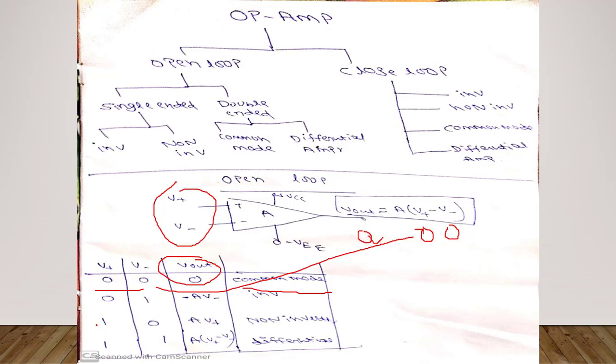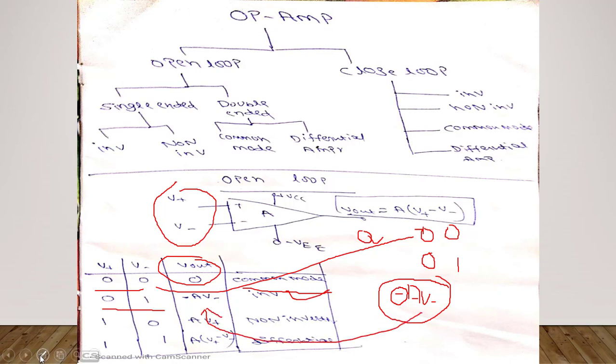Now go with the second condition. What is this second condition? V plus is 0, V minus is 1. What happens here? V plus is 0, V minus is 1 means A into V minus into 1. So what I am getting is A into minus V minus. Yes or no? So minus of A, V minus. This is called the negative indication of inverting operation. So we are calling this one inverting. This formula I have written here. Following? So this is how we take the second case.